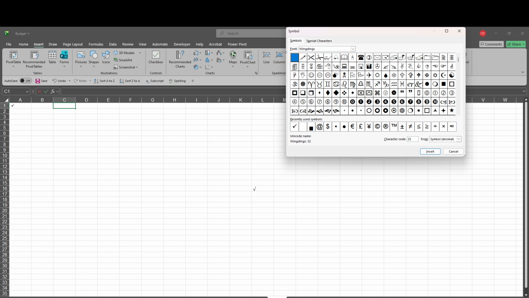In the symbol window, set the font to Wingdings or Segoe UI Symbol. These fonts contain checkmark characters that work well in Excel. After choosing the font, look through the available symbols and select the checkmark you want. Then click Insert. Once inserted, the checkmark will appear in the cell you selected. This method is great if you only need to add a few checkmarks manually and want precise control over how